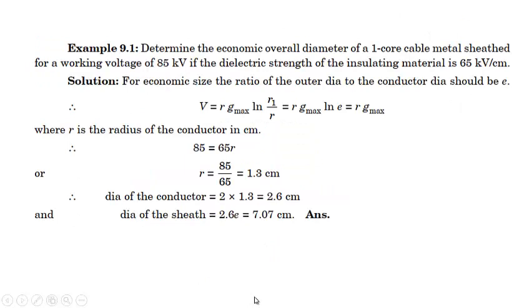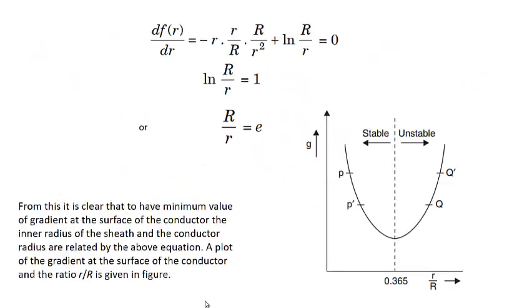Now let us try to do some numericals on this overall economical diameter of the cable. In this numerical, we're asked to find out the economic overall diameter of a single core metal sheathed cable for a working voltage of 85 kilovolt, if the dielectric strength of the insulating material is 65 kilovolt per centimeter. You can see it from here. We'll be using